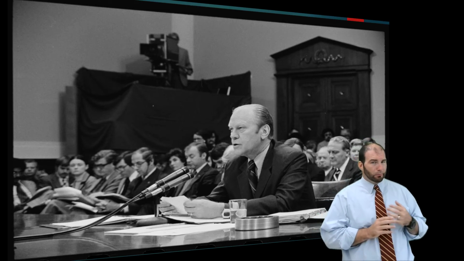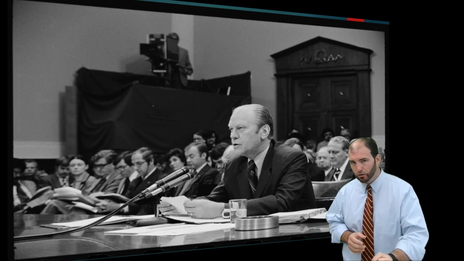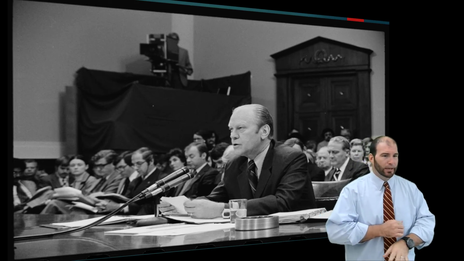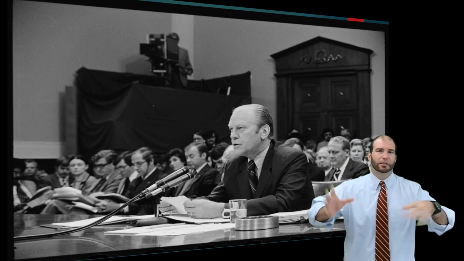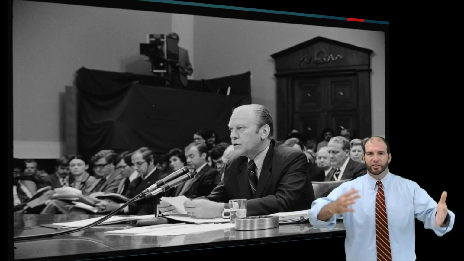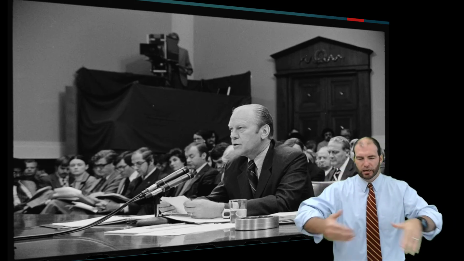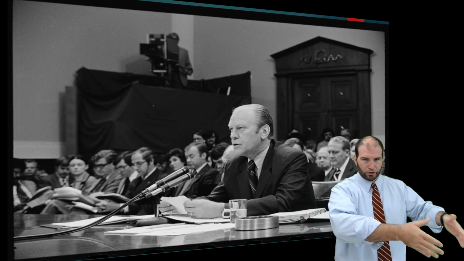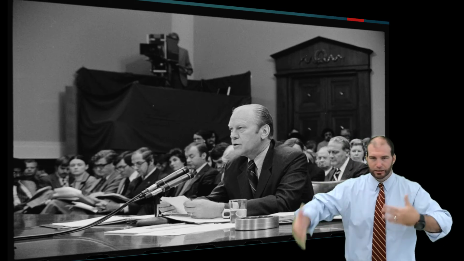So if the executive branch is doing something weird, Congress will call the executive branch in to defend themselves and things like that. They're supposed to keep oversight over the executive branch to make sure they're not doing anything weird, because they all have checks and balances on each other.